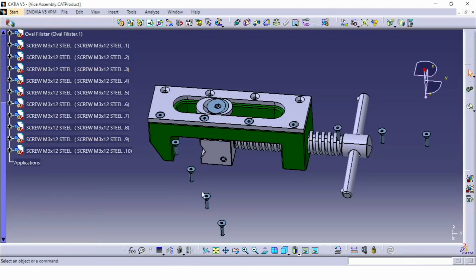These are not different models. These are the same model. It has multiple instances, or multiple copies of this one, and they are linked to one master CATPart file. Let's see if I open this file